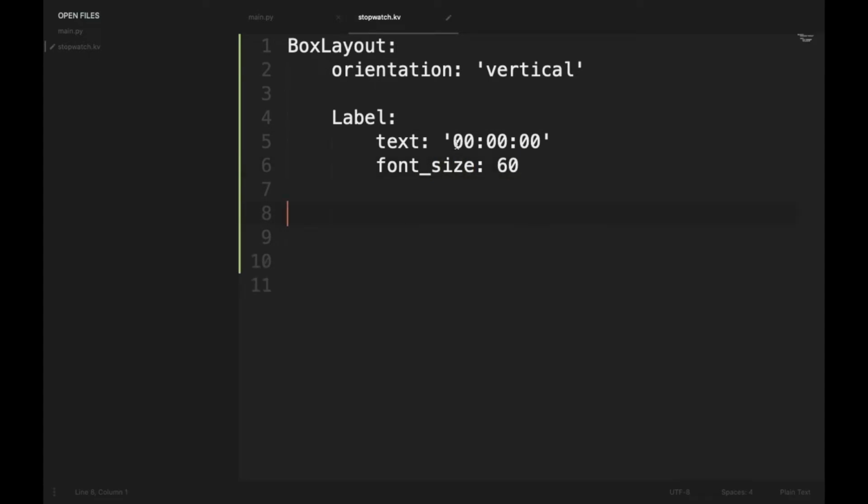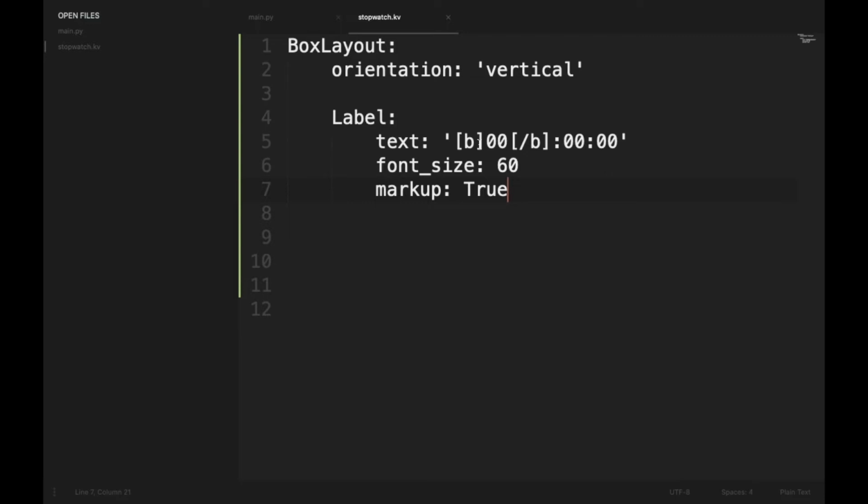If we want to make our colons a bit bold, we can add the markup like this, and then we have to set markup to be true.